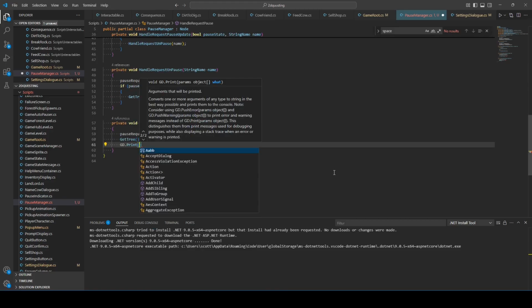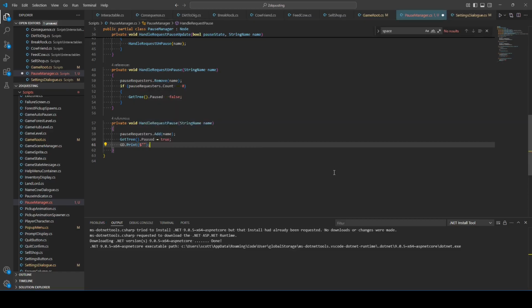I wanted to print the whole hash set, but that's just going to be annoying. So when I do little GD prints like this, what I do is I put the name of the class that it's in, the name of the method that it's in,